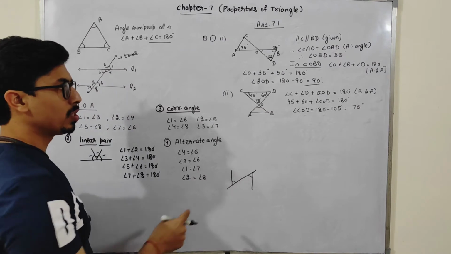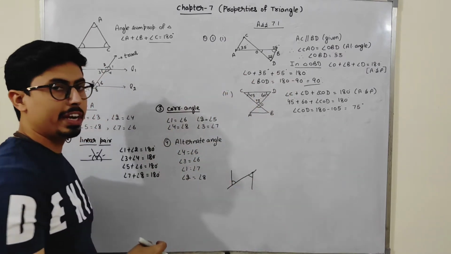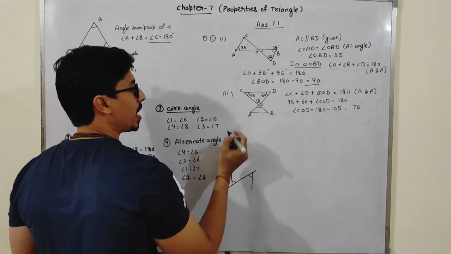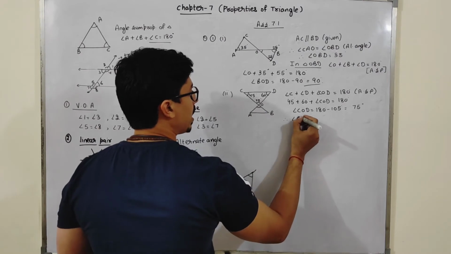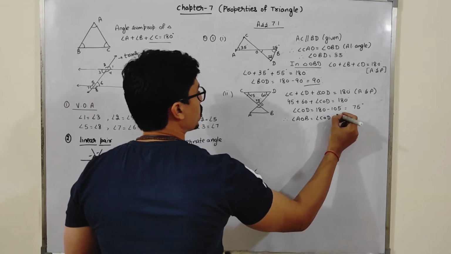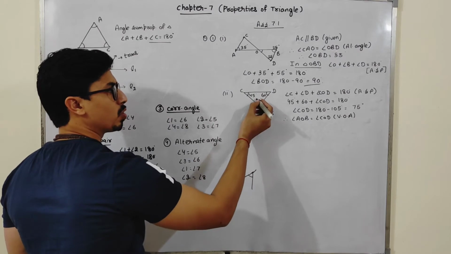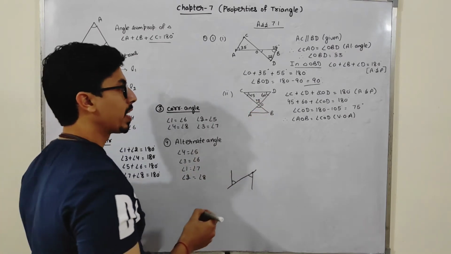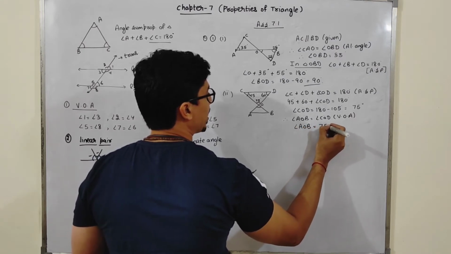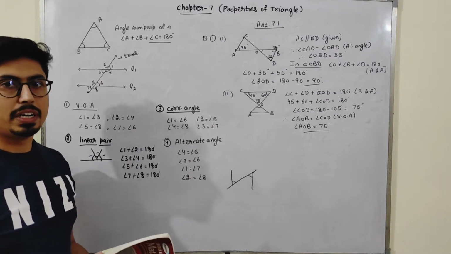Now see, students, these two lines AD and BC are intersecting lines, so I can say that both these angles are equal. Therefore angle AOB is equal to angle COD because of vertically opposite angles. Because these two lines are intersecting, both opposite angles will be equal. So angle AOB is 75 degrees as well. So 75 degrees is my required answer. That is part D.